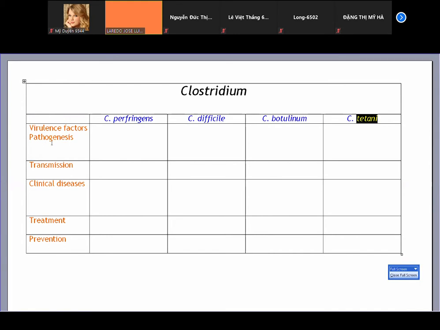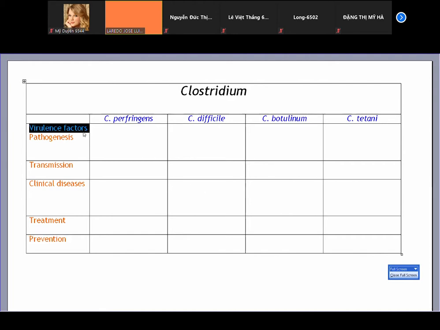And we are going to say some things about pathogenesis, about transmission, about the diseases, something about the treatment, and something about prevention. So because we don't have time, and these contents are a lot, we are going to make it very, very simple, to put all the contents about Clostridium inside this small table, okay? So remember, before we start,